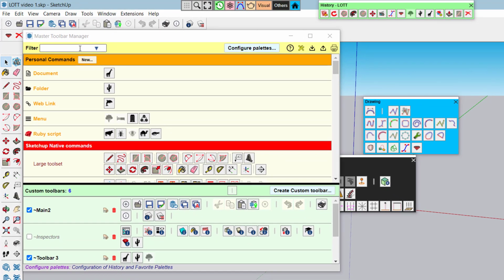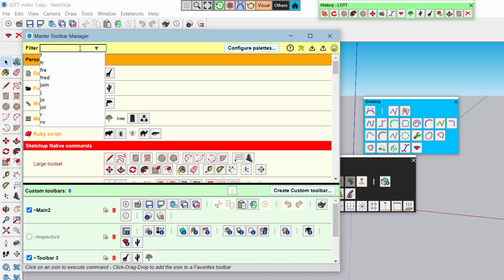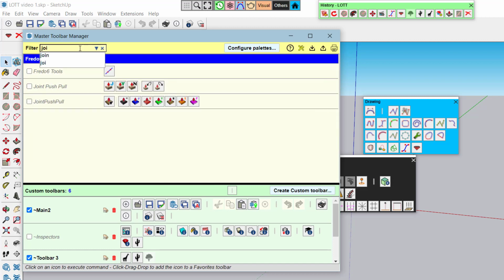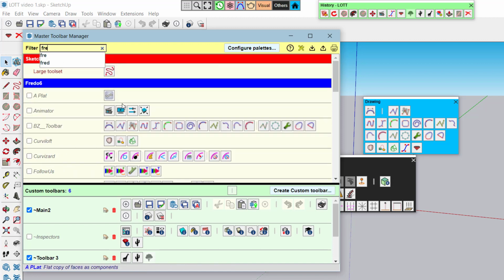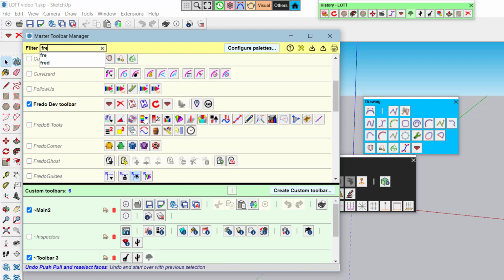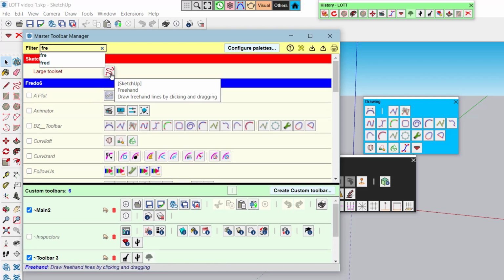Okay, last point, in the master list you can of course filter. So if you type joint, you will find the joint push-pull command. The filter applies to the icons, and to the name of the author as well. If I type Fred, I will retrieve Alfredo's extension, plus this one, which is Fredo's freehand.